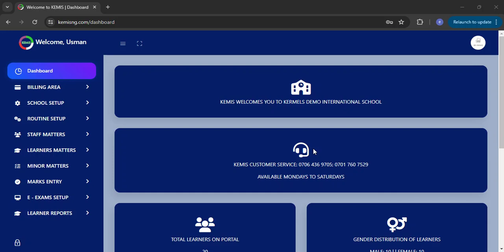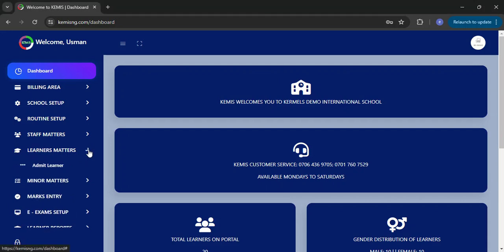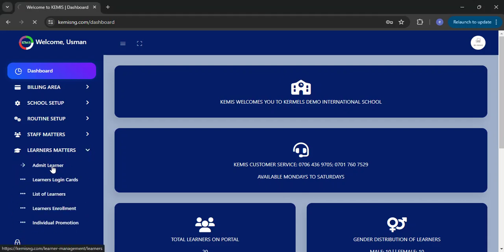Alright, so good day. Today we want to have a look at the learners matters on the KEMIS app. We want to have a look at the learners. So the learner matter is quite easy. All of them, they are contained here. The most important one is this admit learner,